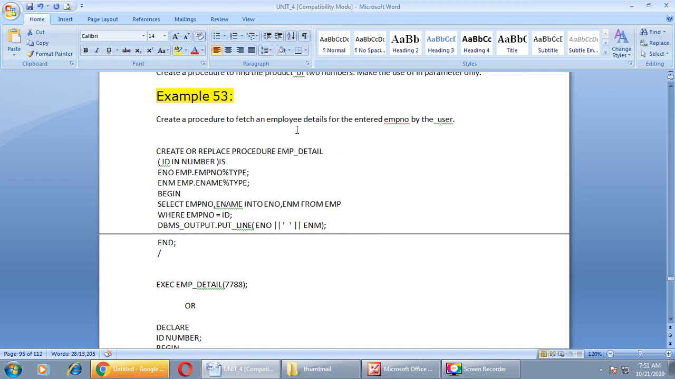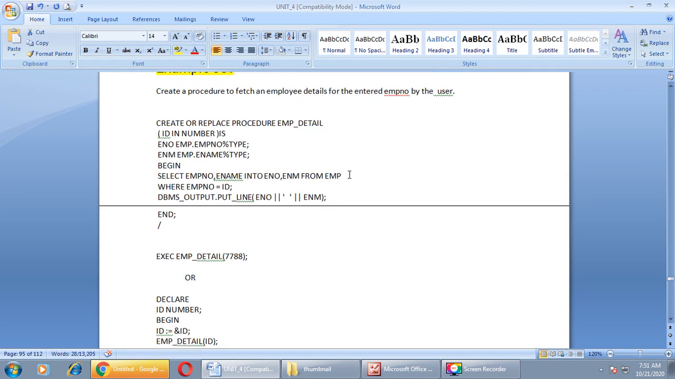To create a procedure to fetch an employee detail for the entered employee number by the user. Okay, let us begin. Create or replace procedure employee_detail. Here the name of the procedure is employee_detail, and one parameter in IN mode named id of type number, and then the declaration of two variables, right? With the begin keyword, we'll start our